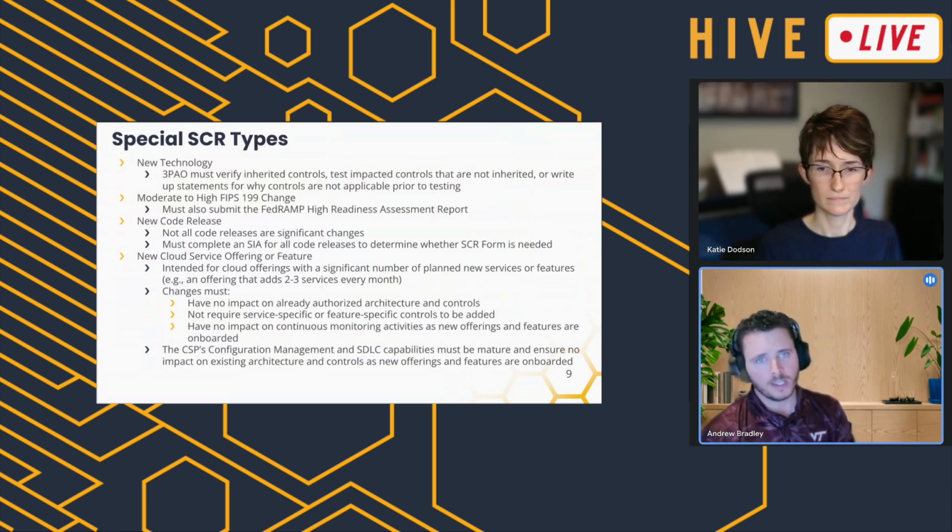So you have to complete an SIA for all the code releases to determine whether that SCR form is needed. And in a lot of cases, you may actually determine from that SIA that there is no impact to the security control environment, so you do not have to do an SCR process. But it is still something that you will need to do a security impact analysis for each of those releases, just to be sure. And then for the new cloud service offering or feature, I'll turn that back over to